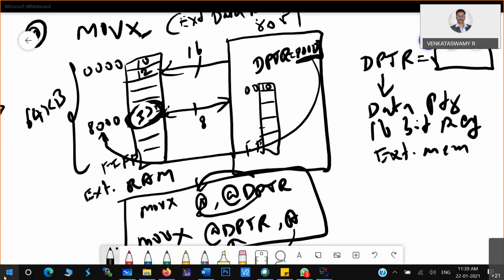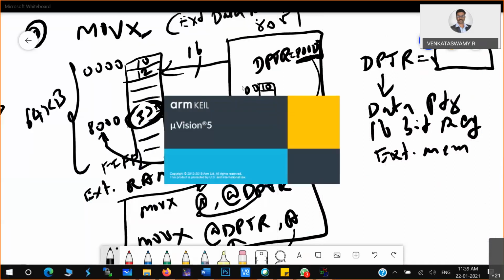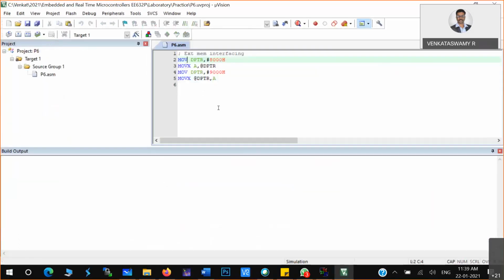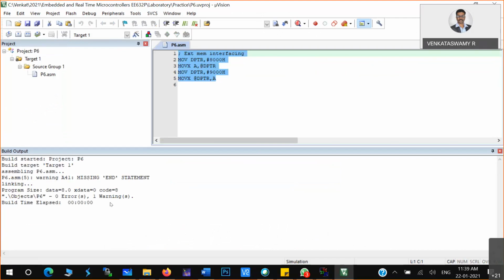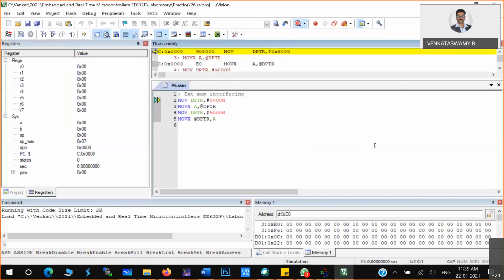In Keil also similar, in Keil also. So what you can do, you can open. Okay, so simultaneously both the things you have to learn side by side. This is where I type this program. So that program is okay. Came here and I'll just try to build. Then I'll go to debug mode. Okay, so now here you can see